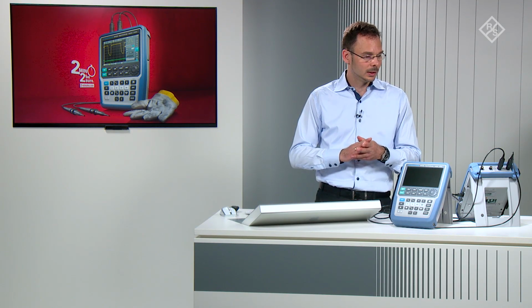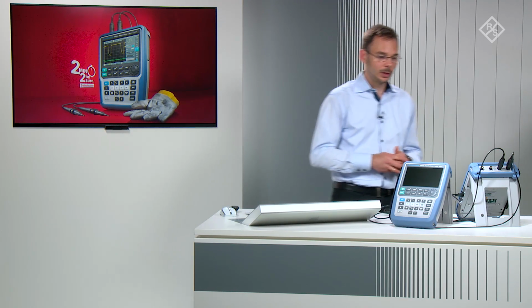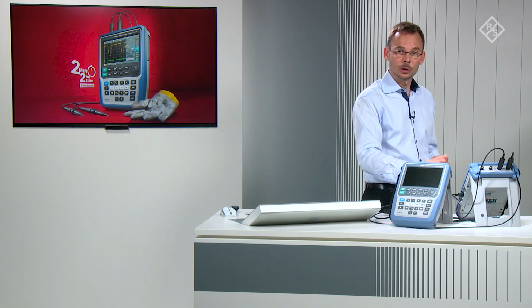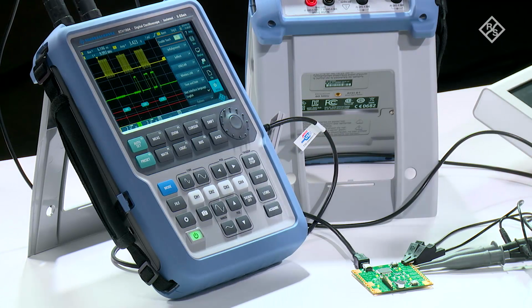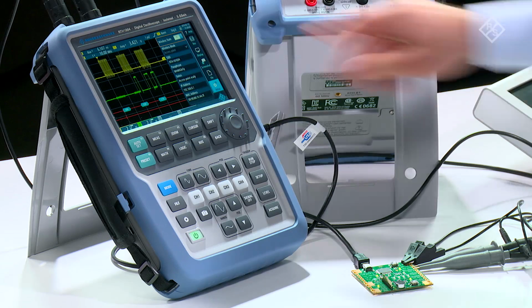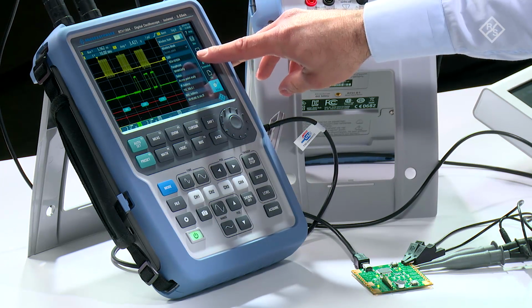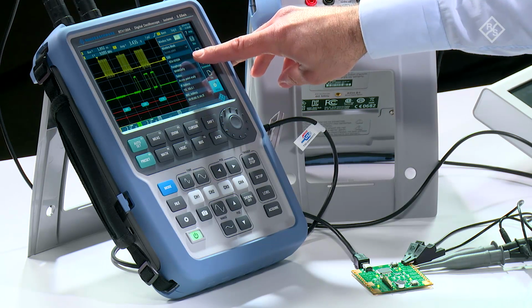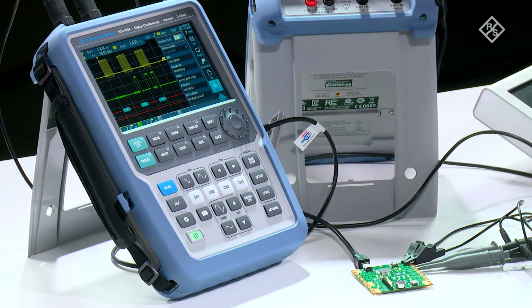Well, last but not least, the last thing I would like to show in this live demonstration is how to remote control the instrument. And for that purpose, let's have a look at the menu. I press now the central menu button, and you can see here there is a wireless LAN menu. Wireless LAN is already enabled, and we have a LAN hotspot that has now the name RTH and 101034, which